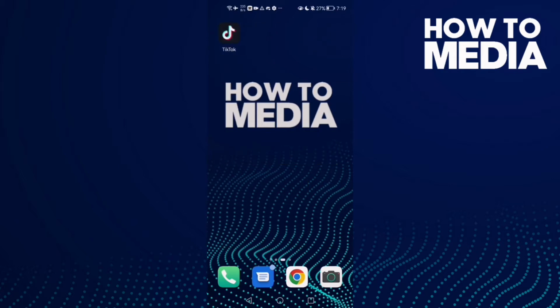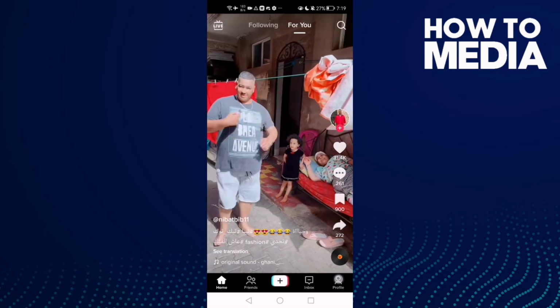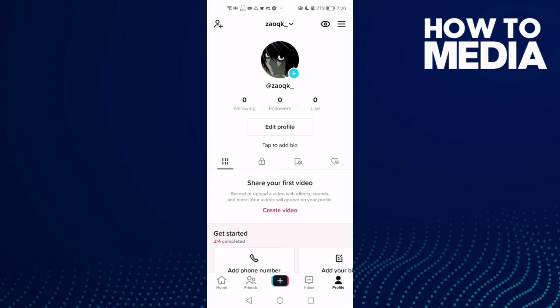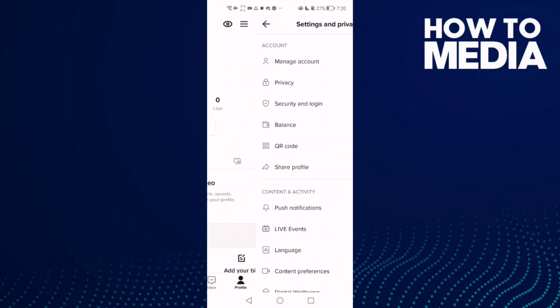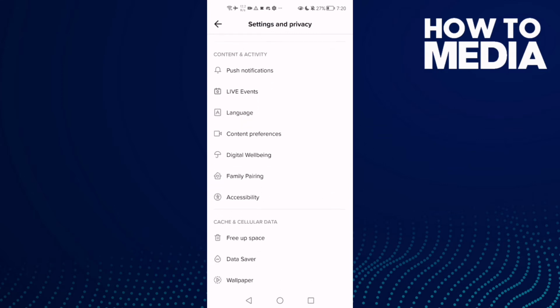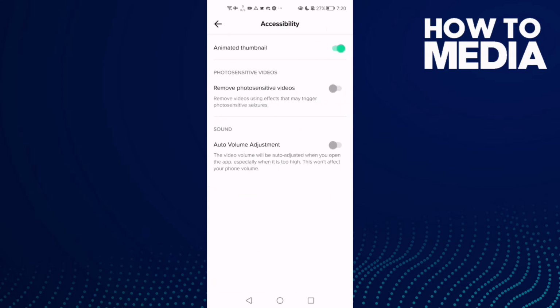First, open TikTok, and here you will find profile. Click on it and click the three lines in the top corner, and now click settings and privacy, and then scroll down until you find accessibility, and here you will find auto volume adjustment. And if you want to turn it on, all you need to do is just click on it,